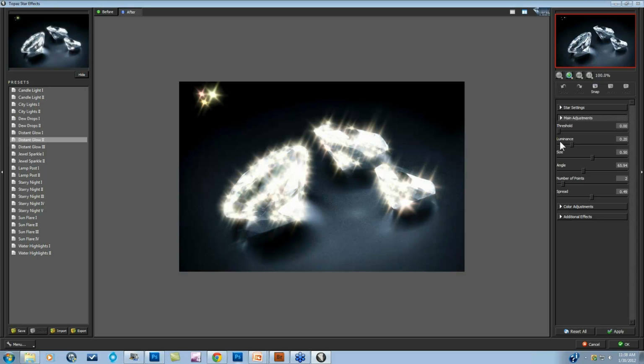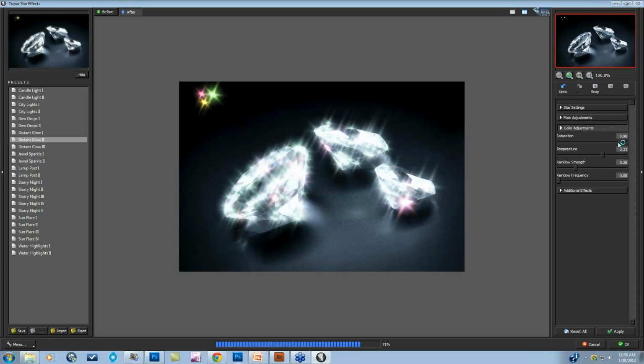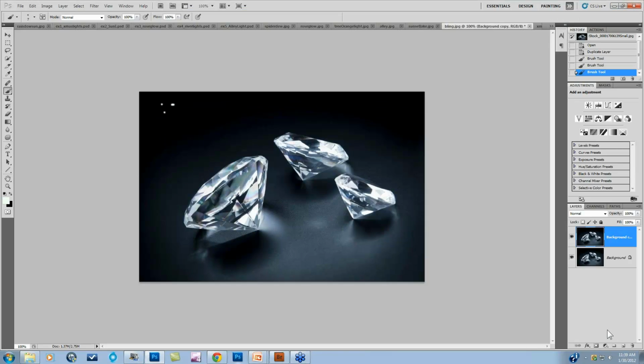So you can do that, and as you can see, because our color adjustments, it's saturated with the natural color it was coming from, you can see that that pink, yellow, and green was recognized as the underlying color within that light source. So as you saturate it even more, it'll be really obvious because that is that underlying color. So you can really come in here and work with it and play with it in a graphic manner that is very versatile. So I'm going to press cancel out of here,